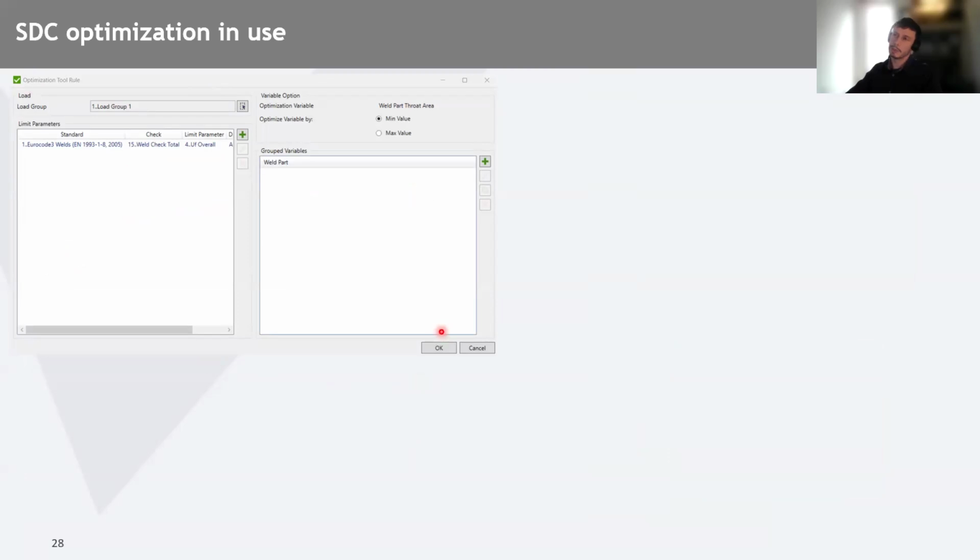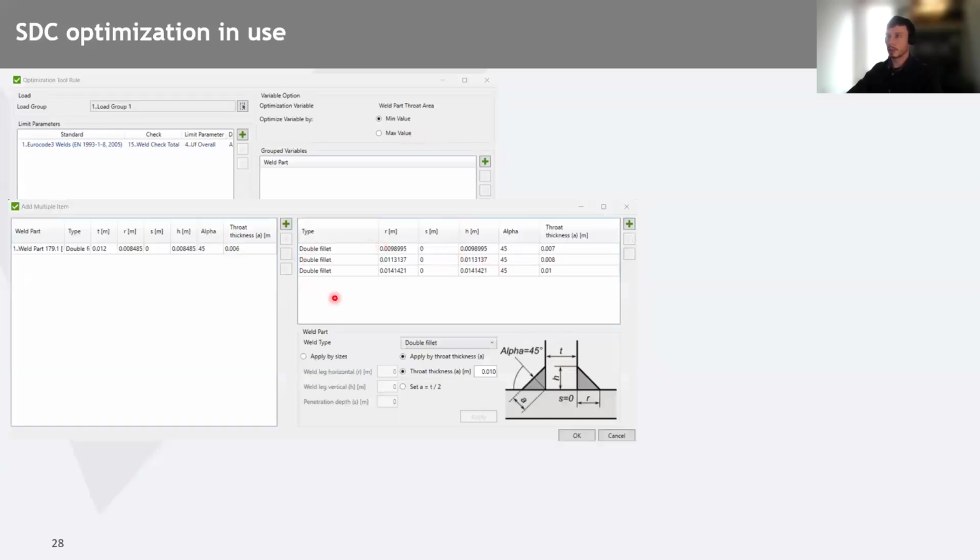The window looks very similar to previous ones. Again, the difference is we don't choose the plate thickness or beam sizes, but we choose the possible weld types together with possible throat thicknesses, or we can also set up the rules for our weld which we would like to meet. And again, we can choose the weld directly from our model by simply clicking